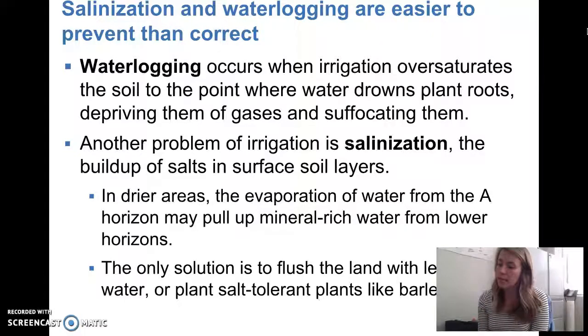So irrigation in dry areas really increases this problem of salinization, and it can be very costly because there's a lot of lowered yield, meaning we don't get as much of a harvest from our agriculture. If our land is too salty, the crops won't grow, and so it costs about $11 billion a year in global farming due to the lowered yield from salinized soil.